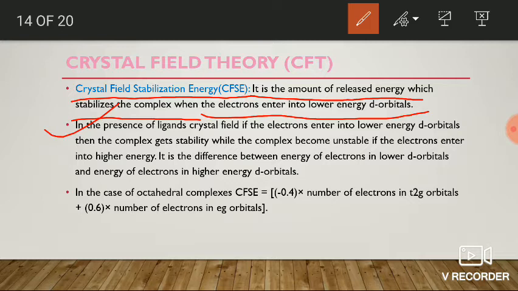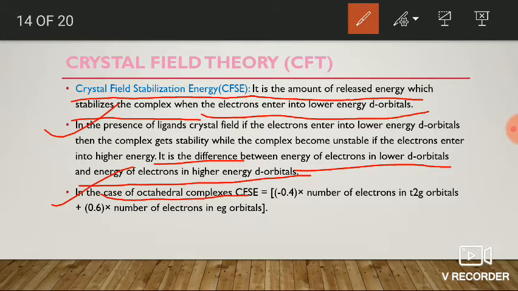Generally, the CFSE value is the difference between the energy of electrons in lower d orbitals and the energy of electrons in higher energy d orbitals. In the case of octahedral complexes we can calculate the CFSE value by using the formula,